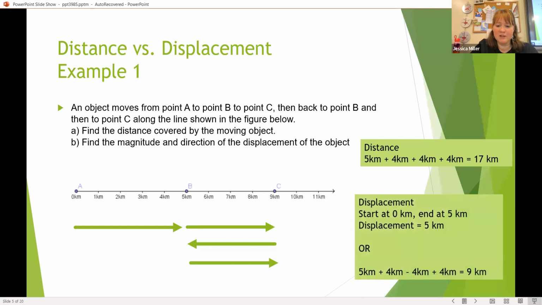Now displacement is going to be a little different. So displacement is start and finish. So we started at 0 kilometers and we ended at,